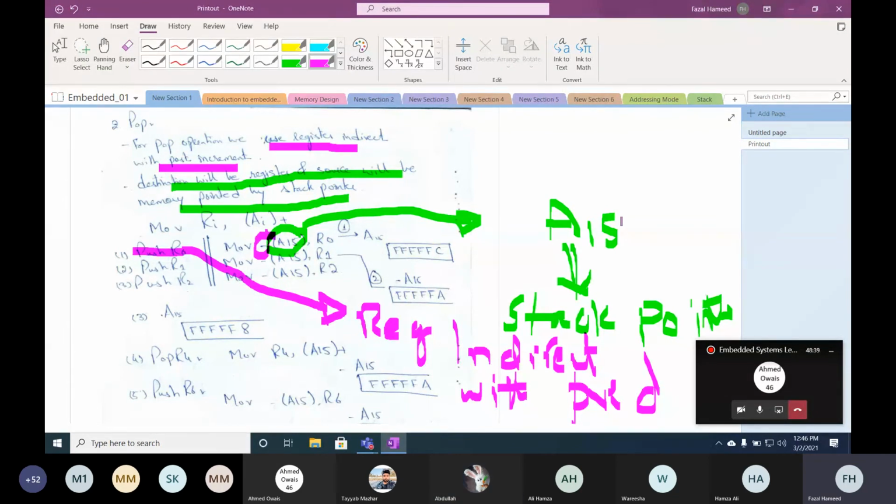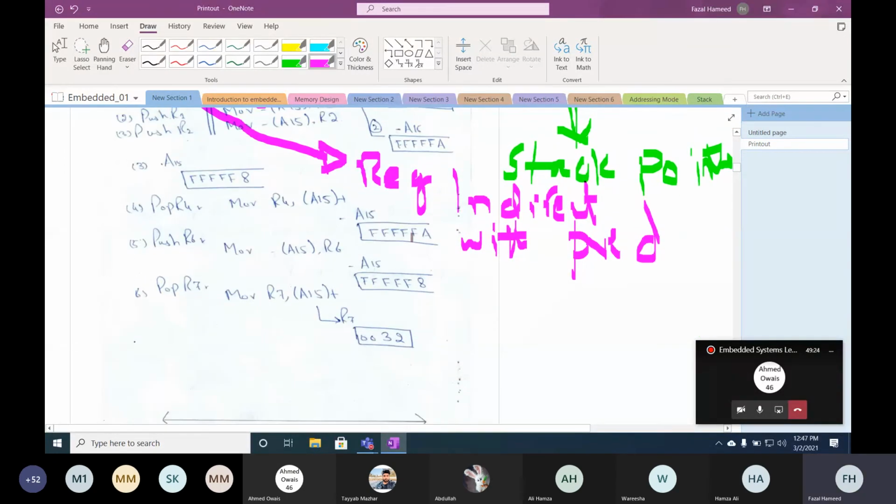Actually, let's assume that I am teaching you in the class and I am pointing a hand to a student. So my hand is actually the stack pointer. And the student to whom I am pointing is actually the memory, or the data. And the memory can be the source or destination. So in a push operation, the memory is the destination, which is pointed out by the stack pointer, which is A15 in this particular example. Did you understand? Okay, sir. Good.